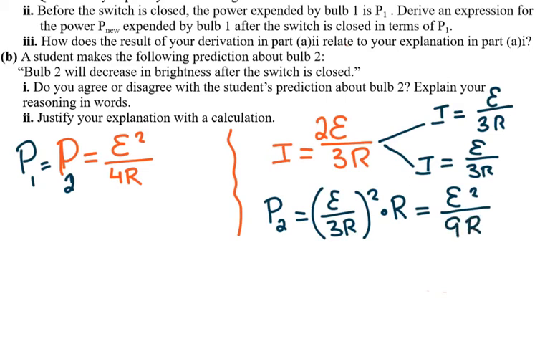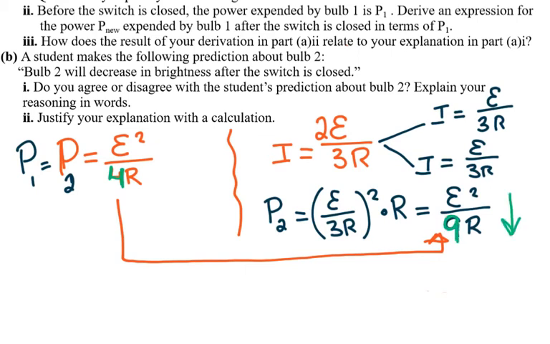And the question says, the student makes the following prediction: bulb 2 will decrease in brightness after the switch is closed. So if I compare these two, I see that before I had a 4 in the denominator and now I have a 9 in the denominator. So I see that the brightness of bulb 2 goes down. And that concludes that